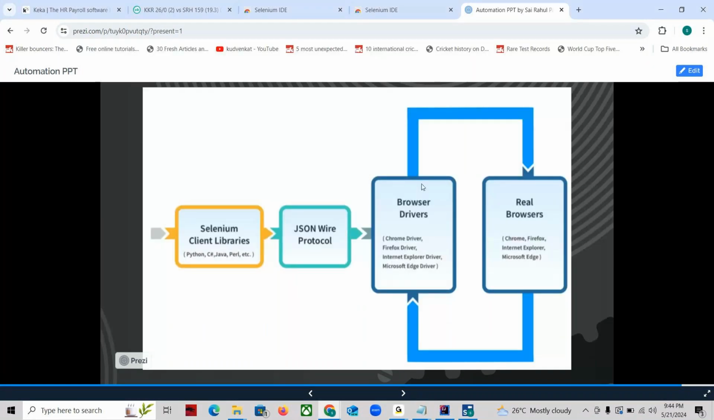Whatever HTTP request I get, I send it to the real browser, and the real browser gives us a response and sends it back to the driver. So these were the olden days of Selenium WebDriver, where it was not following any standards or practices. Now, in recent times, 2018 or 17, Selenium 4